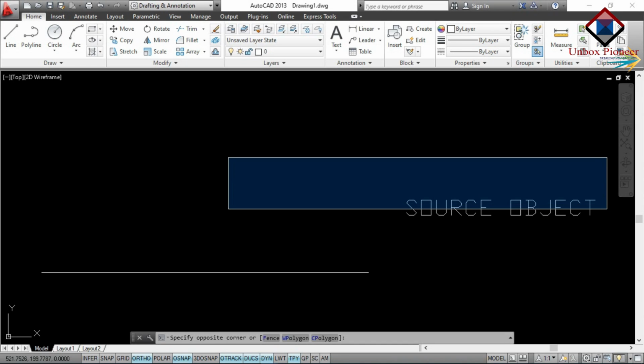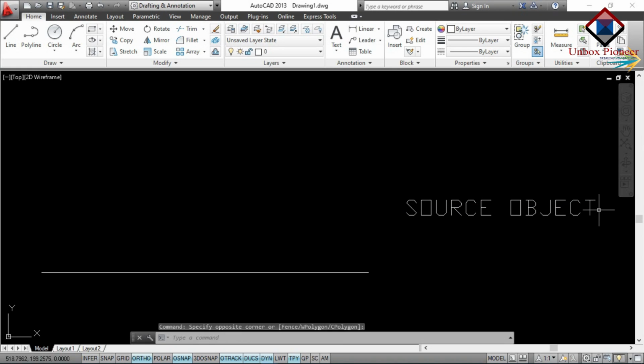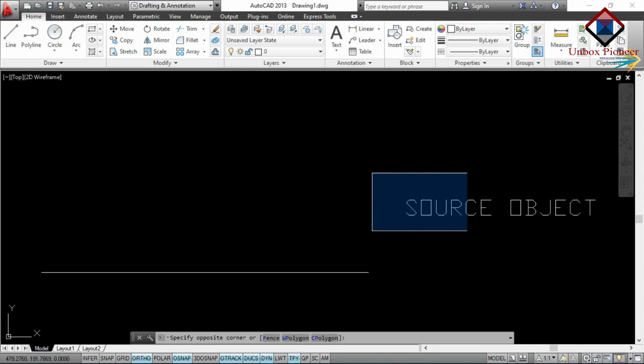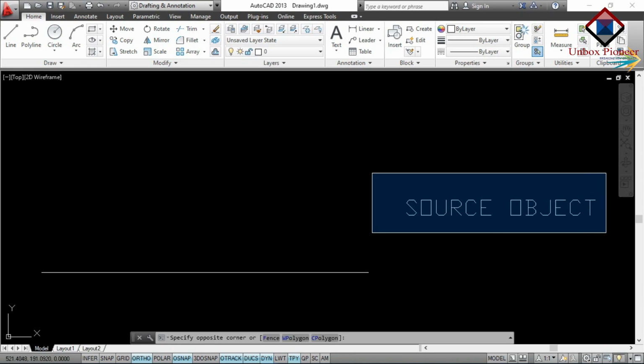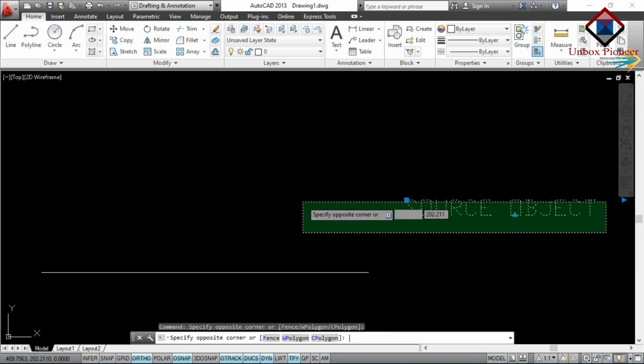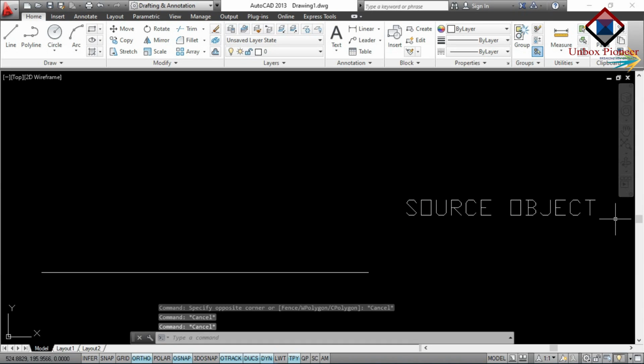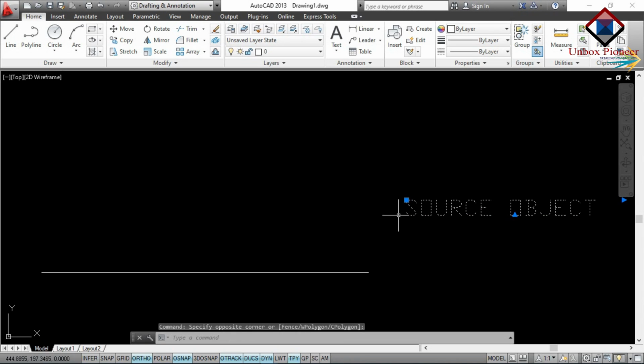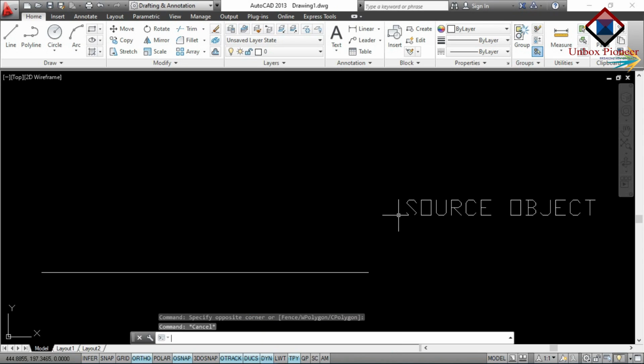You can see here I have dragged the mouse from the left side to the right and selected this much, but our object has not been selected in the entity selection method, because in entity selection you have to select the boundary line with the full area, while in Window selection you can just lightly touch the boundary line to the object and the whole object will be selected. So that's all about the selection procedures.